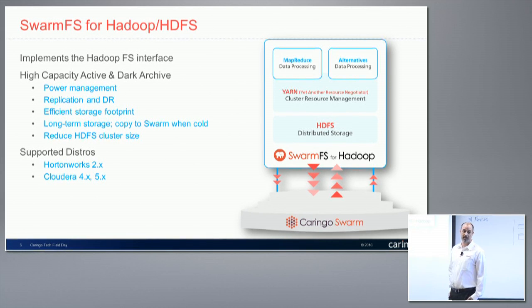So why would you want to do that, right? You've got a big HDFS cluster, it's piling up with data. The biggest reason is that it's generally, or always, 3 replicas. And so if you have 1 or 2 petabytes, that becomes 3 or 6 petabytes. Those additional petabytes really hurt. So Swarm's an outstanding place for a very efficient storage footprint. If you made that 10-2 erasure coding, so 10 data segments and 2 parity segments, that's a 20% overhead instead of a 200% overhead for data protection.